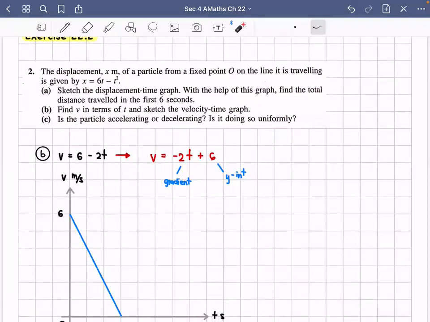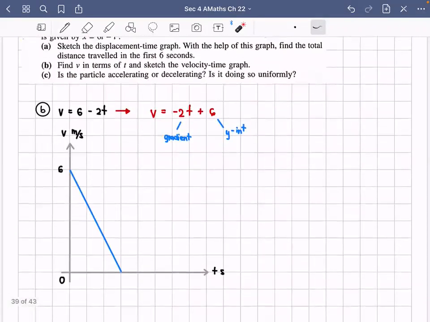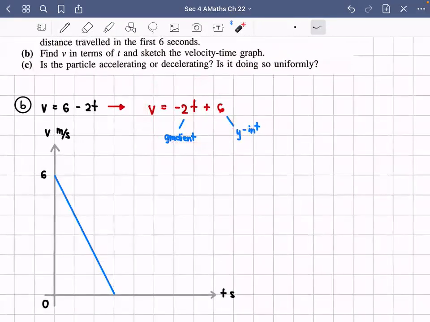So basically, again, you draw your x and y like this, and then label this as your v, and label this as your t or time. So why did I rearrange this like this? I know that this is a line, right? It will intercept the y-axis at 6. So this is 6. It starts here, so you can draw a point right here. And then, you remember vectors, right? So the gradient is -2 over 1. You remember how to draw vectors? We start from 6 and then we go down 2 units,